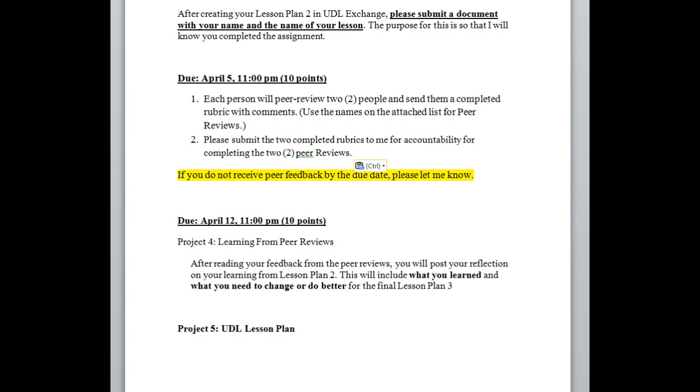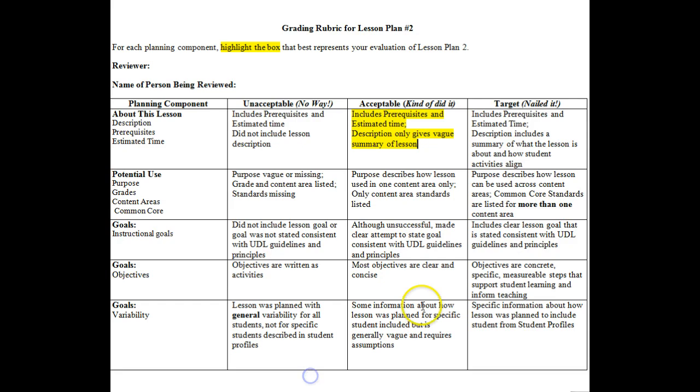Okay, I want to show you the rubric. I developed this rubric because I felt like you needed a little bit more guidance in how to create your lesson plan. Some of you just did generic lesson plans, and I could tell that you thought that that was the focus. The focus of this assignment is for you to create lesson plans that include